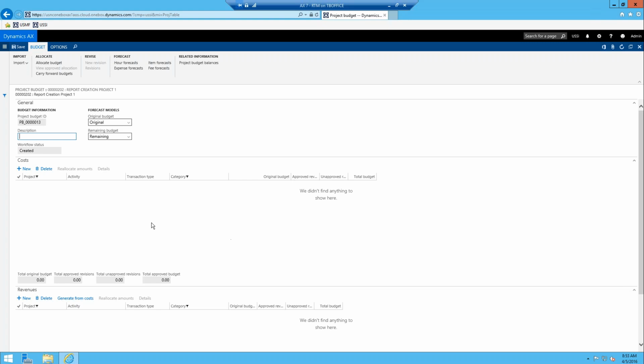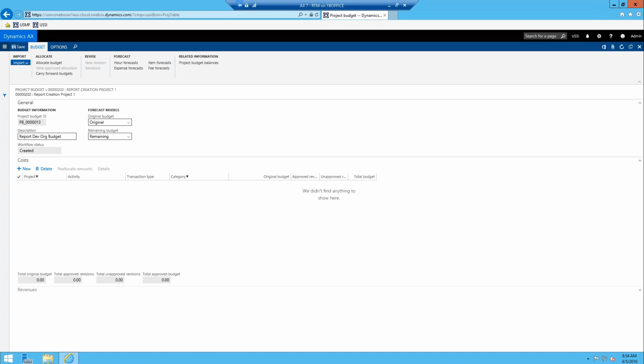And once we select that option, you can come in and enter a description of what your budget is. We'll call it the report dev original budget, and this is where you can define your different costs and revenue. So I'm going to condense the revenue tab for right now, and we'll just look at the costs. A few things that we can do, and we'll be talking about this import functionality a little bit later, but